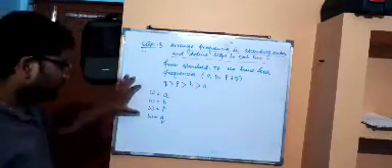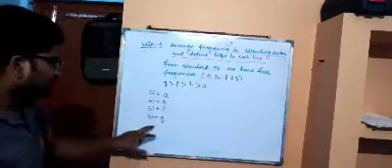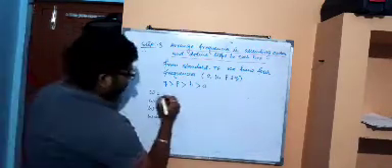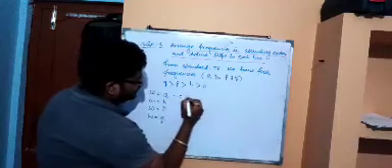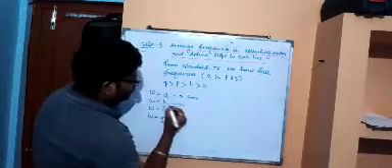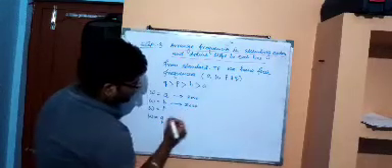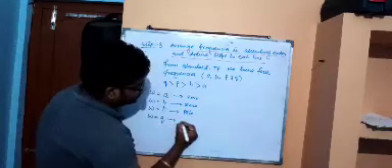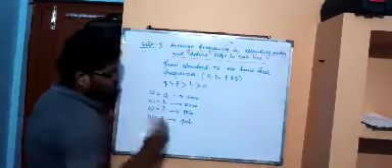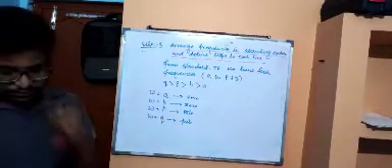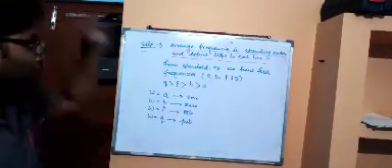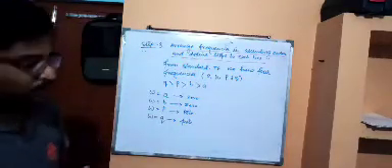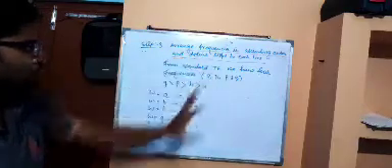Now we also know that at a particular frequency there may be a pole or zero. So at omega is equal to A there is a zero, and at omega is equal to B there is a zero also. But at omega is equal to P there is a pole. Similarly, at omega is equal to Q there is a pole. Okay, so these are the frequencies. Now we have to define the slope of each line.